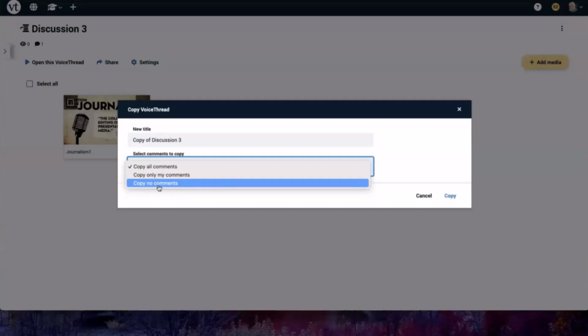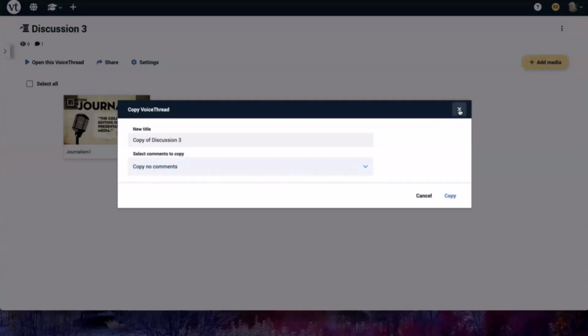And those comments are not going to make any sense in 2 semesters when you're reusing the voice thread. So for those situations, you can choose to copy no comments, and then maybe you'll re-record them and you'll make comments about the new candidates that are running in 2026 or 2028 or whatever it may be. So you always have that option.